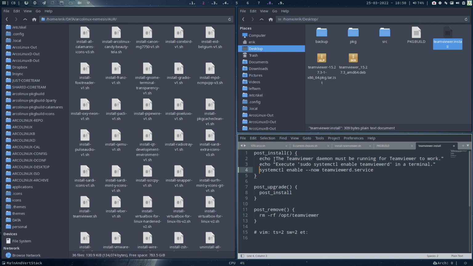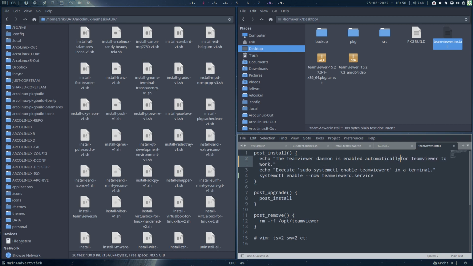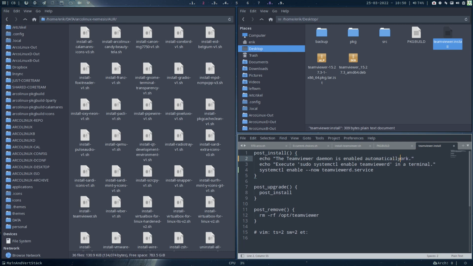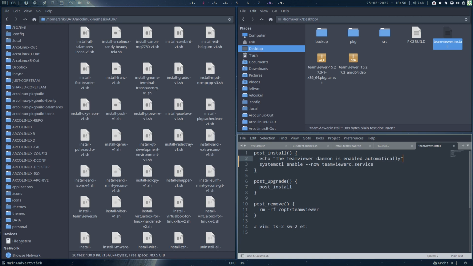So our text is something like: the TeamViewer daemon is enabled automatically. So I don't have to think about that anymore. Voila, save. And if you remove these things,